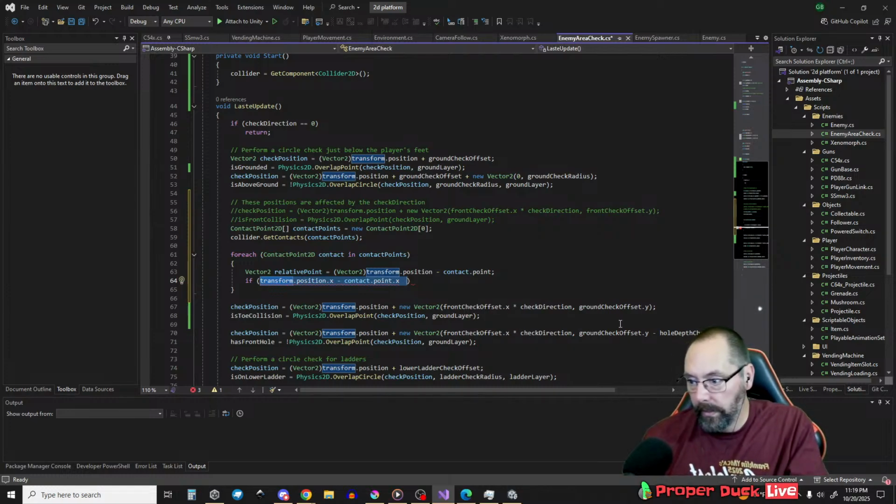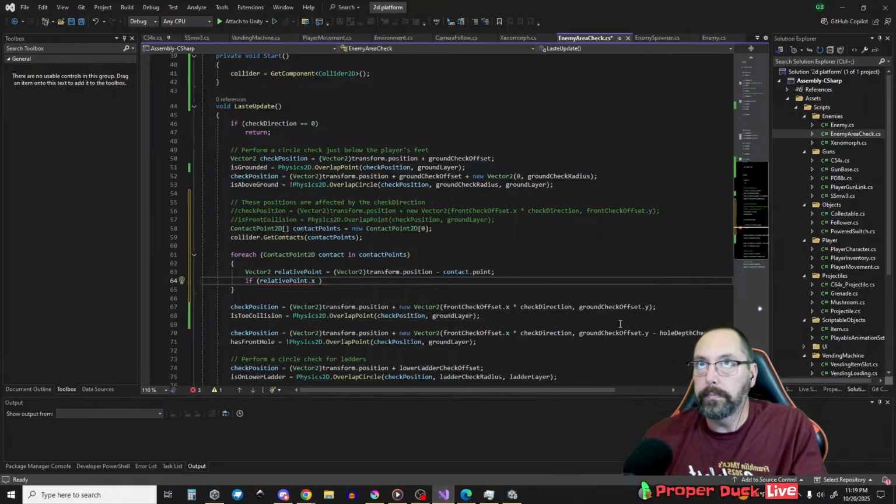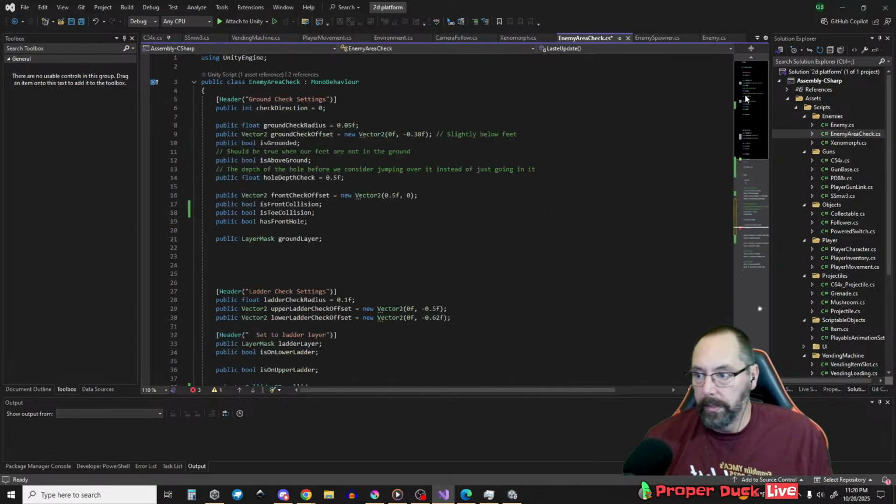Cool. If relativePoint.x is less than, because it's going to be a negative number, it's less than this number up here, like ground check, I'm sorry,